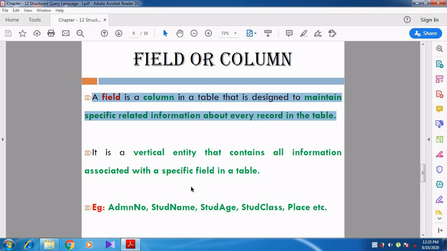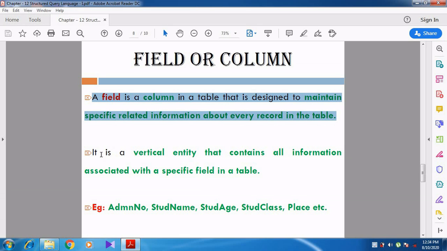Specific information means a student's name, a student's mobile number, or a student's blood group, right? Employee number, employee age, employee's address. Like that, it is used to store specific related information about each and every record.